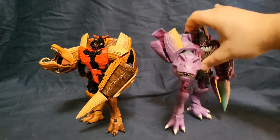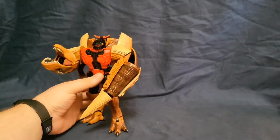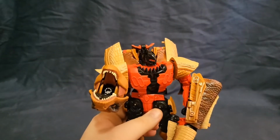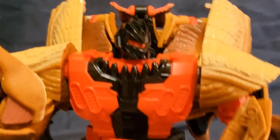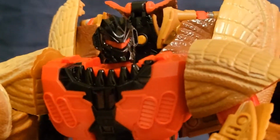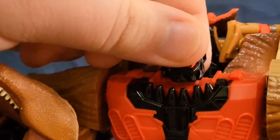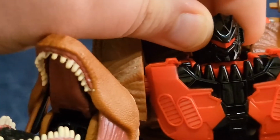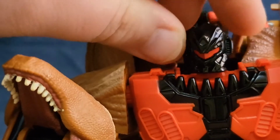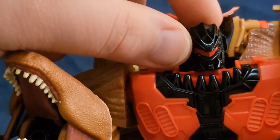together. So we'll go ahead and put the Dino Yes Man himself off to the side and bring her in for some close-up work. The only thing that is molded differently is this head sculpt. I do have some problems with it. It kind of doesn't want to sit center on mine. It always wants to tilt off to one side or the other, and then due to the way it transforms,